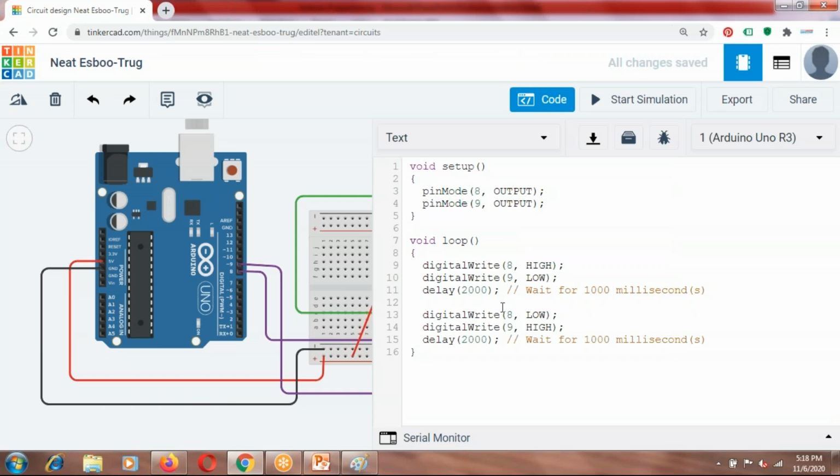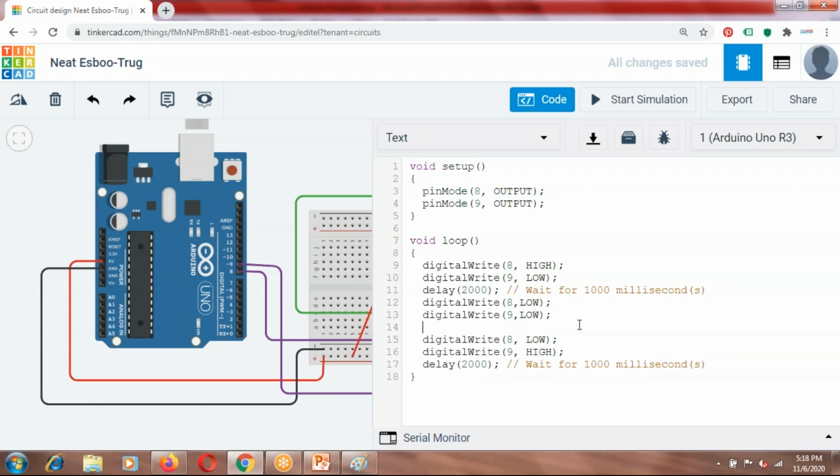So we have to give digital write 8 comma low. Both the pins will go low. Digital write 9 comma low. Then you can give a delay. Delay is important because otherwise it will be very fast and you won't be able to see the changes.